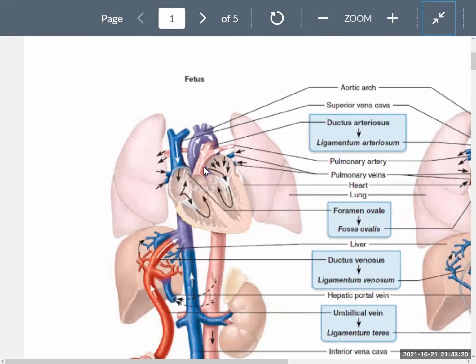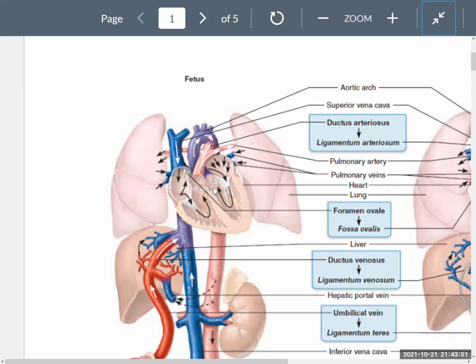And the blood passes across. It doesn't take the long way around, it skips. We do have a little bit of blood coming back from the lungs because a little bit of blood went to the lungs, but not as much as we would have in the adult. And all of that blood now shortcutting it across to the left atrium, goes through the bicuspid or mitral valve,